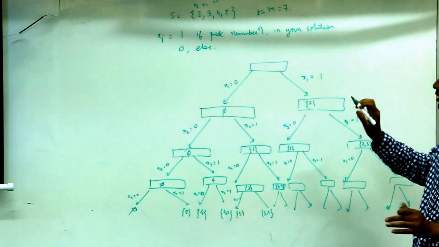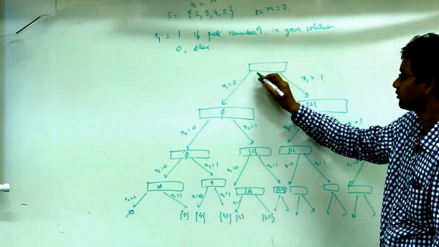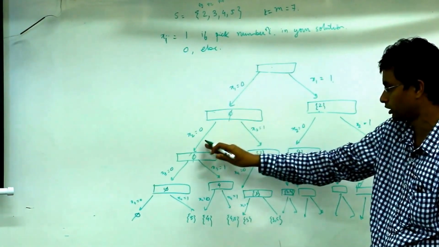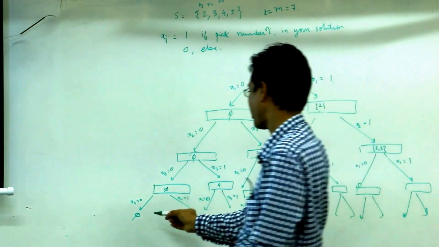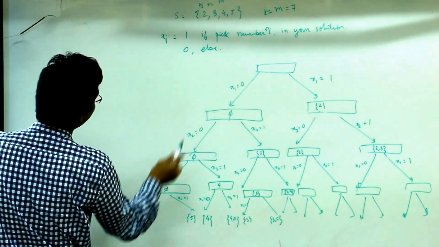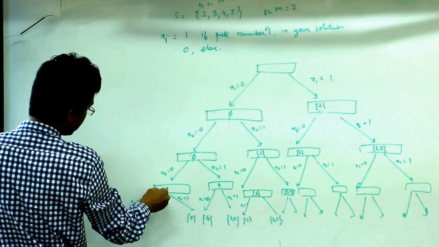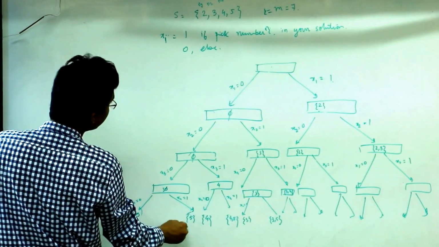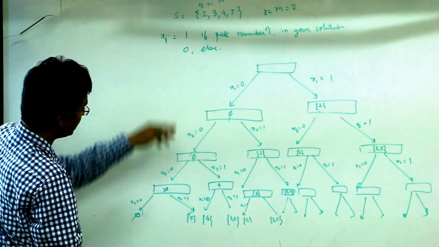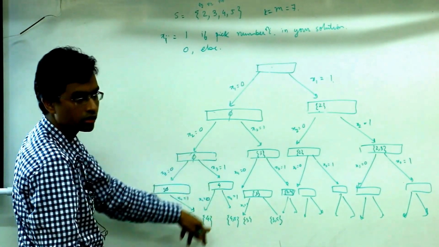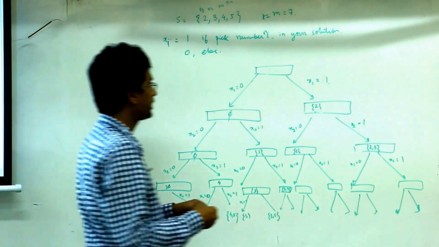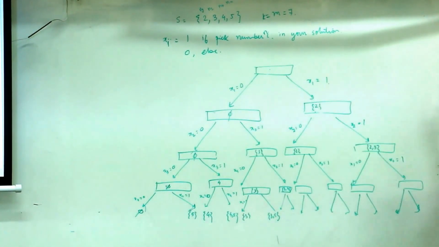Now the normal backtracking algorithm will do it like this. It will start maybe on the left hand side. It will take x1 equal to 0, x2 equal to 0, and so on. It will find out 5. Then it will say that okay, 5 does not sum up to 7, then it will go back here, and then it will set x4 equal to 1, then it will get 5, and here also it fails, so it will go back to the next junction and so on. Right, this is fine, the backtracking algorithm. But here we can do some kind of pruning, right? So what can be the pruning?